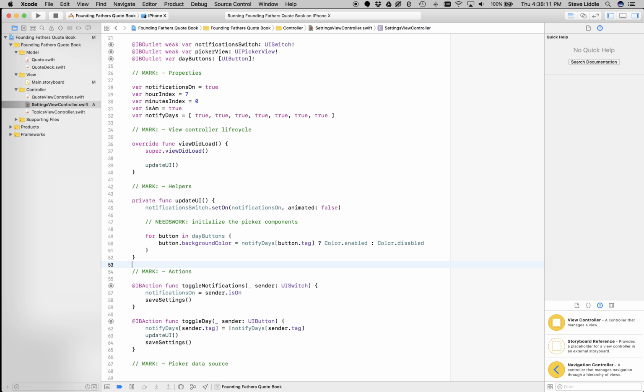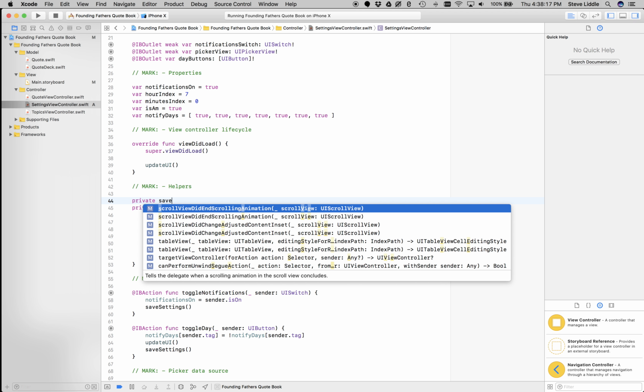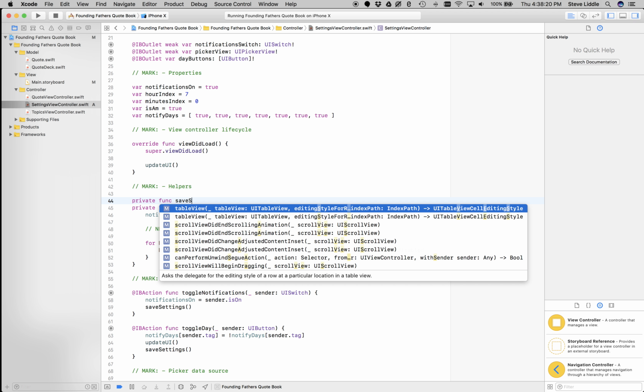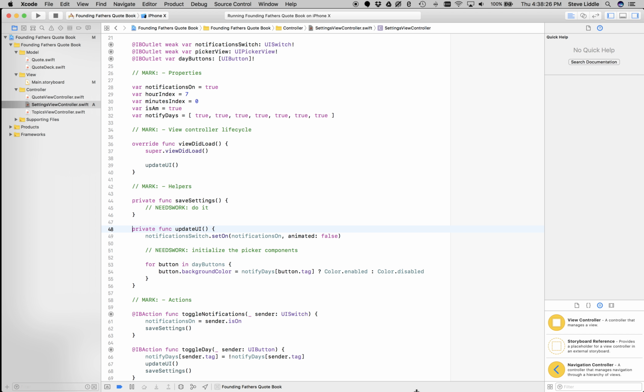And we'll just put a needs work on that. Private, oops, goes up above, to keep every section in alphabetical order. Private func saveSettings. Needs work. Do it. Okay, so